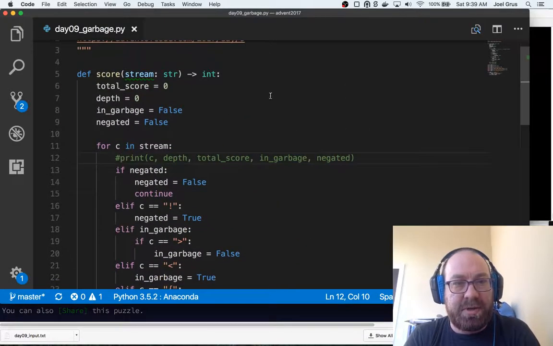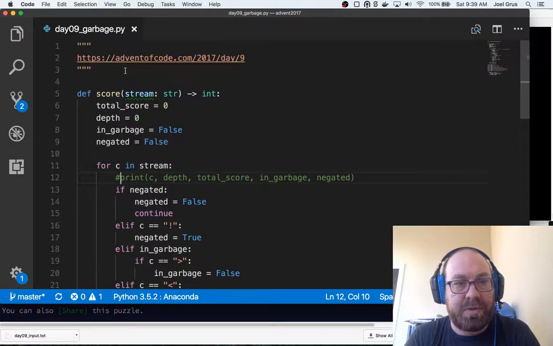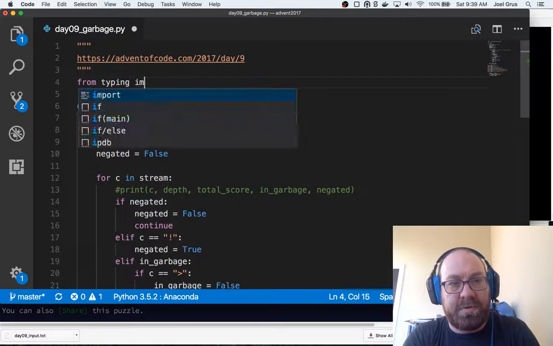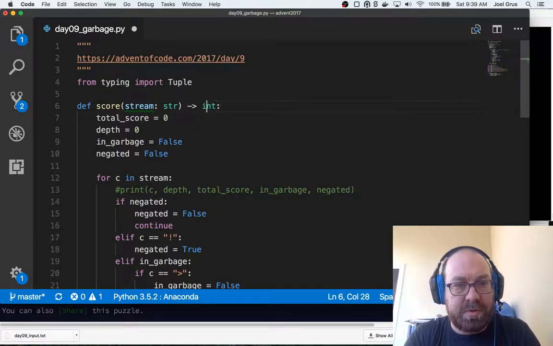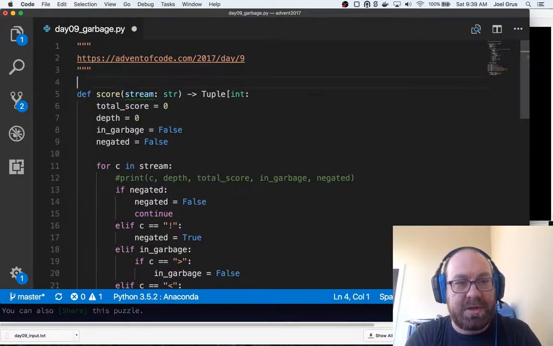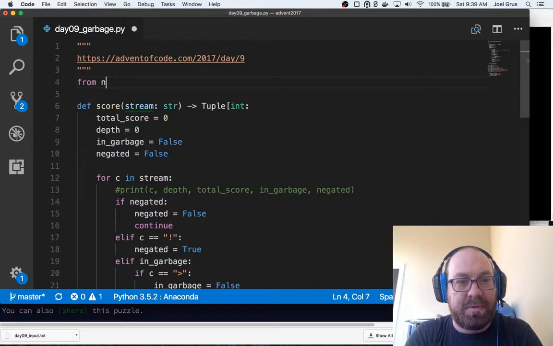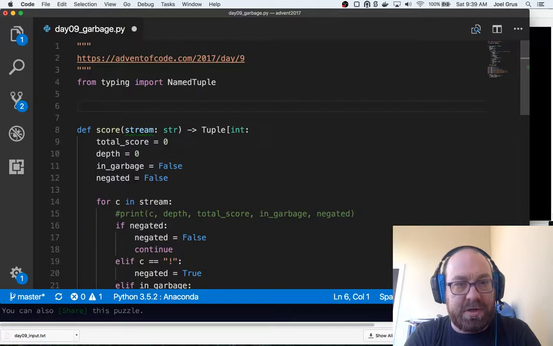Okay. So here's what I'm going to do. I'm going to import from typing, and I'm just going to return the score. And actually, you know what? Because from typing import NamedTuple, let's just say class StreamMetrics, NamedTuple.